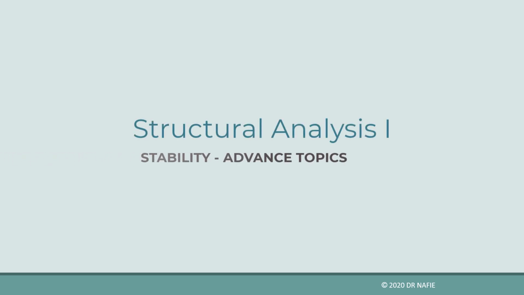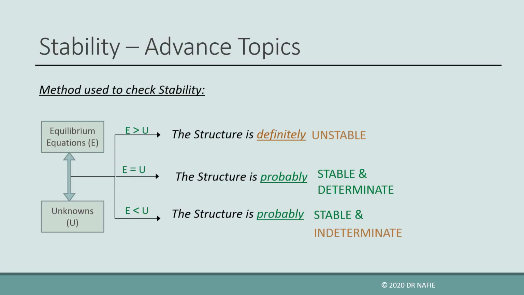Today we will talk about advanced topics in stability. Previously, we talked about the numerical method used to check the stability of a structure. The method was based on the comparison between the number of unknowns and the number of equilibrium equations. We said that if the number of equilibrium equations was less or equal to the number of unknowns, then the